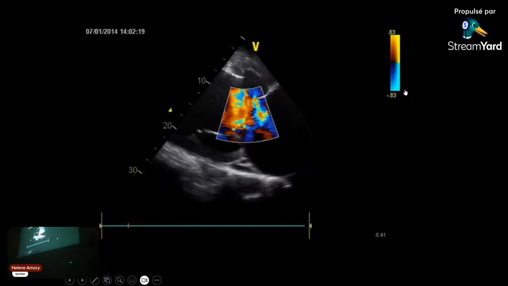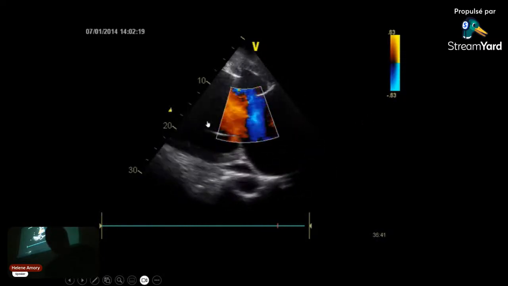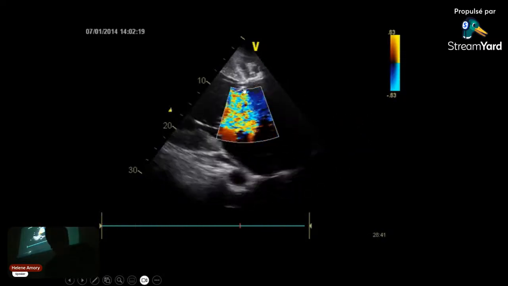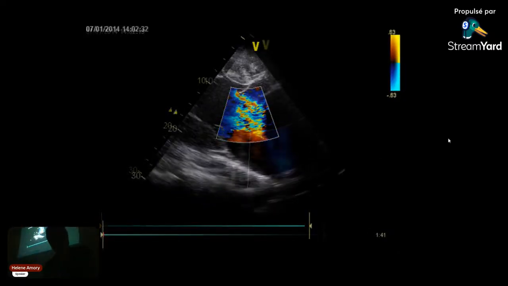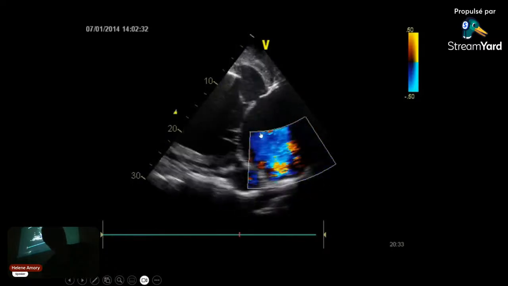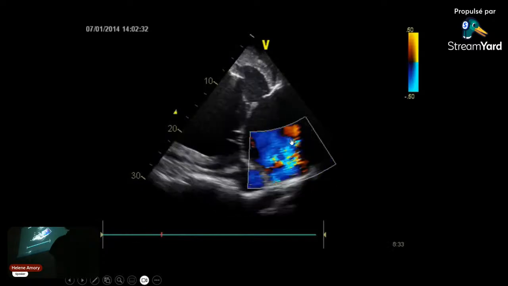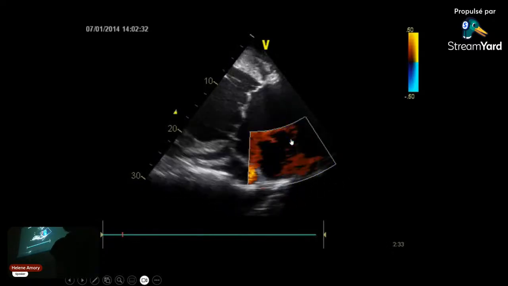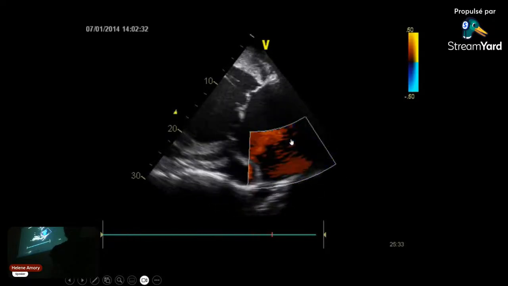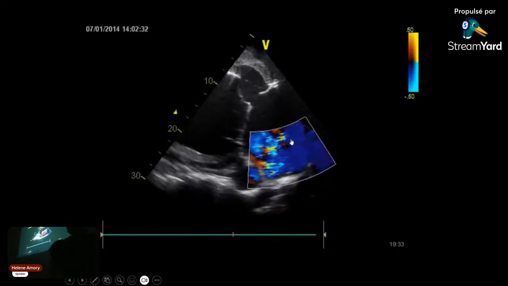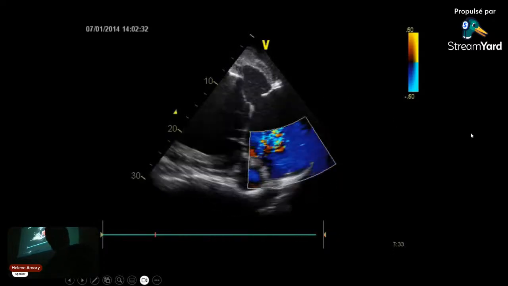This is the mitral valve. There is severe mitral insufficiency. You see that it takes all the depth of the left atrium, okay? Very severe, very large, okay? Severe mitral insufficiency, going up in the depth of the left atrium. Yeah? That's why it's difficult to... Exercise intolerance? You mean? Not exactly. We will come back to the clinical signs after. Yeah, we'll come back.